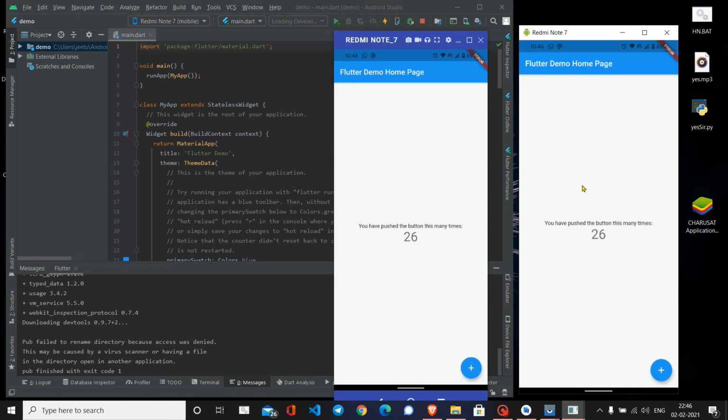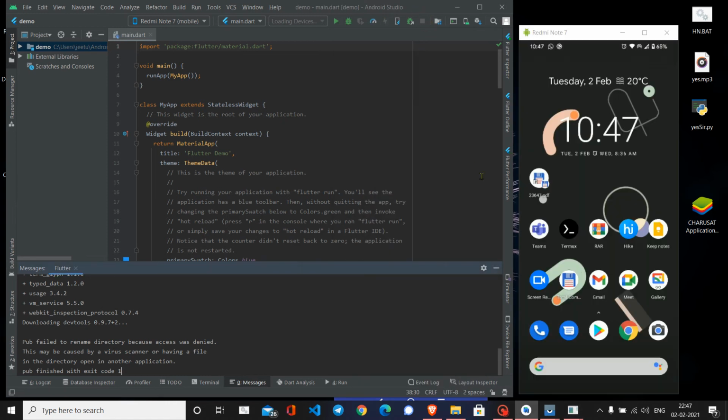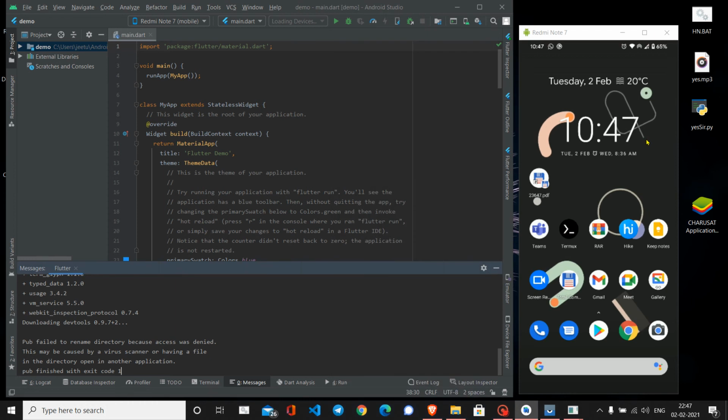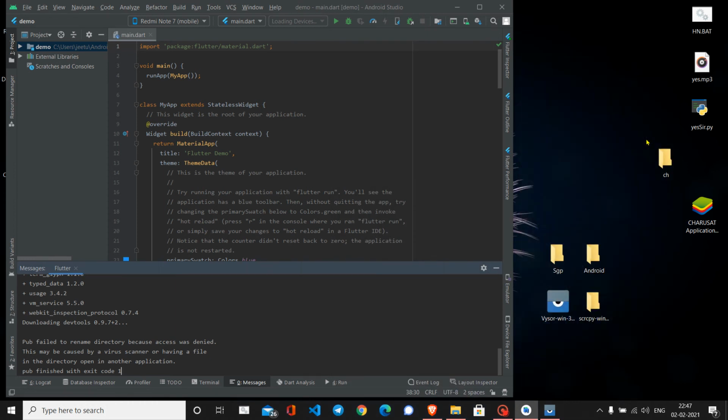Okay, now there are two ways by which we can run this wirelessly. First of all, for now I'm closing my application and disconnecting my data cable, so it finally closes.